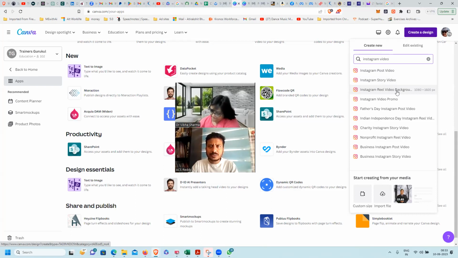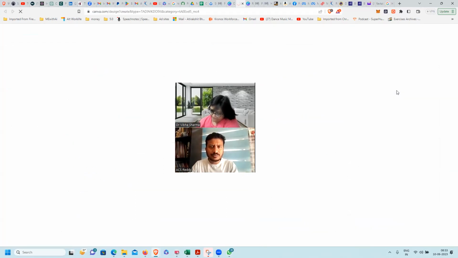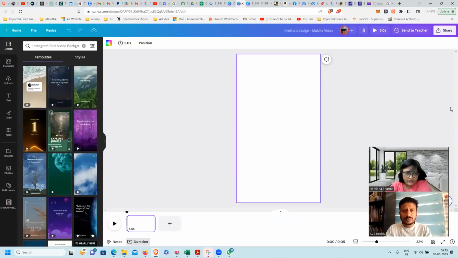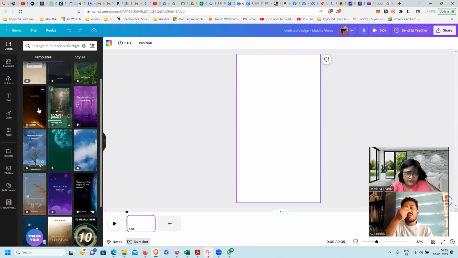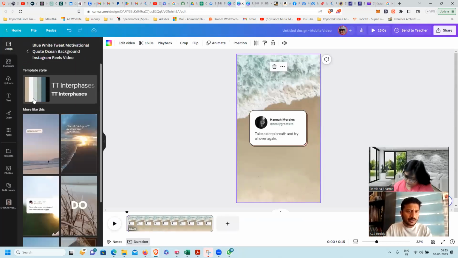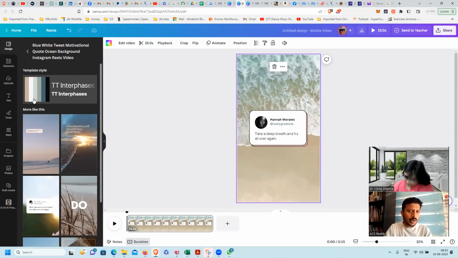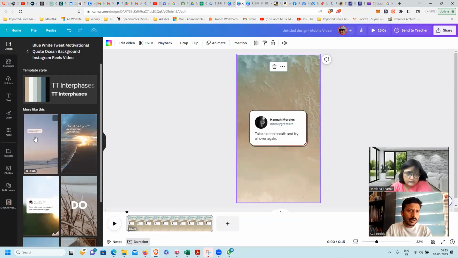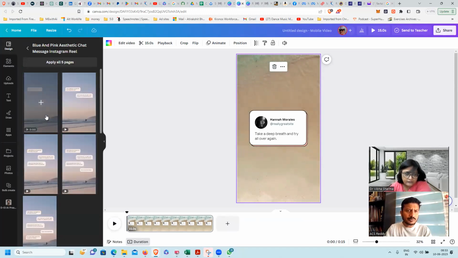Is everyone there with me? Once I click on this, it will take me to a page, and on the left hand side it will give me all the different options. You can click on any of these templates and it will show you what that template will look like. Since I'm creating for happiness, I clicked on the beach piece, so now it's giving me all the options for beaches.